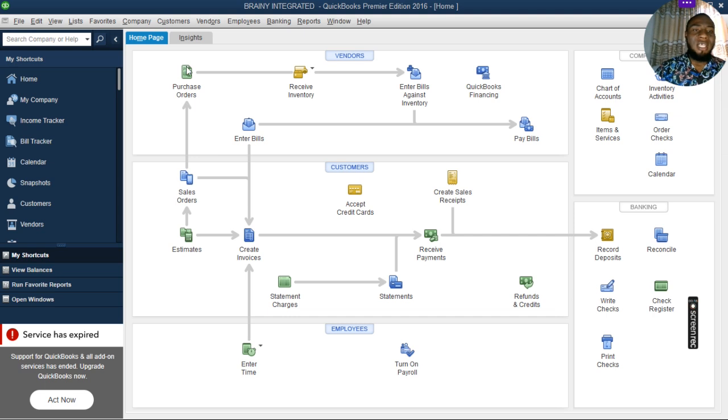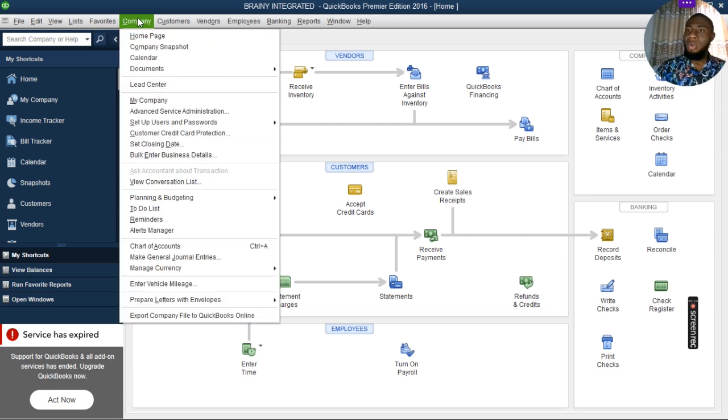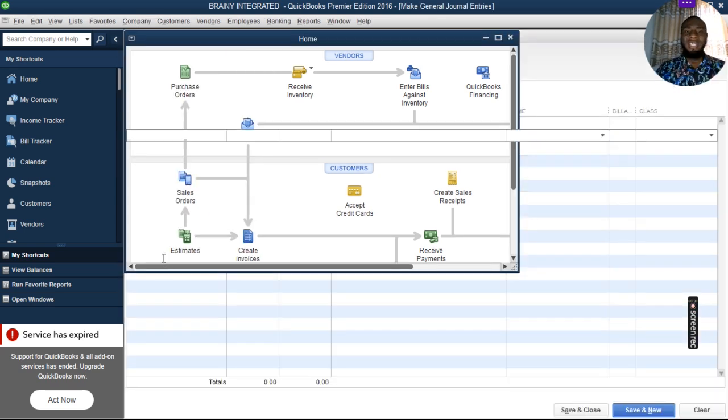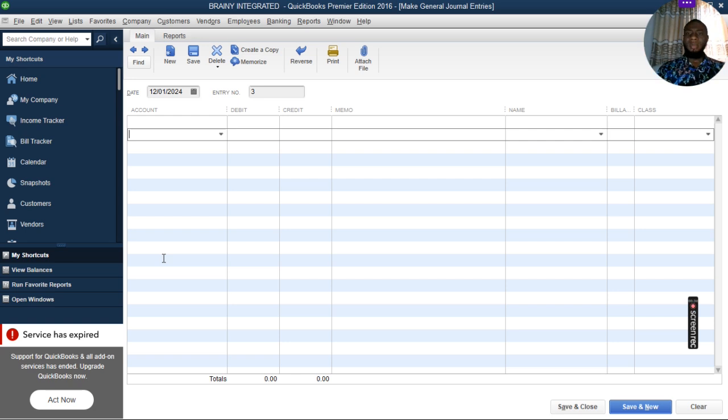We are still going to locate our general journal entries. So to do that, I'm going to go to company, all right, and click on make general journal entries on QuickBooks. Make general journal entry. So once I click on make general journal entry, this journal portal will display. All right, so this is indicating the date. You enter the exact date,